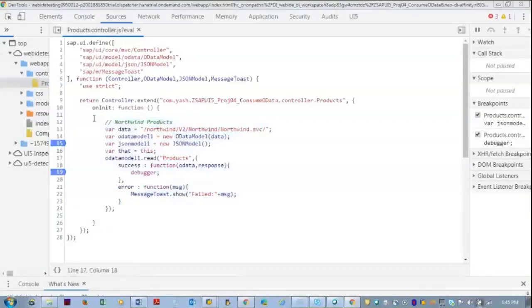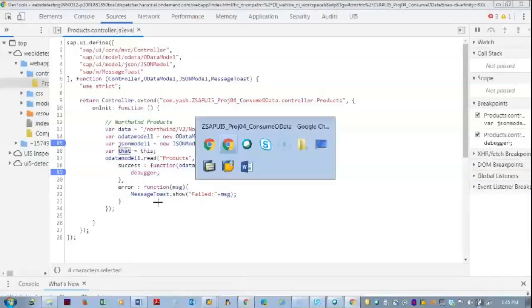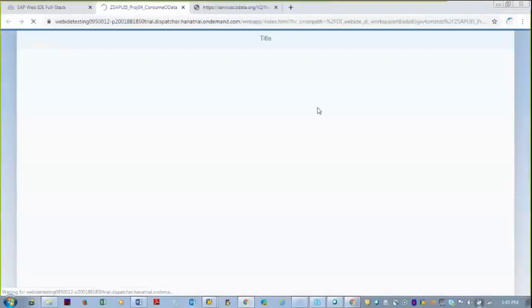The first request will be stored in the memory of the browser in the form of this keyword, but when a second request goes to the OData, it forgets all the values it has stored, and then this keyword won't work inside. So stored in a temporary variable that. So let me again refresh the browser so that the debugger gets triggered.